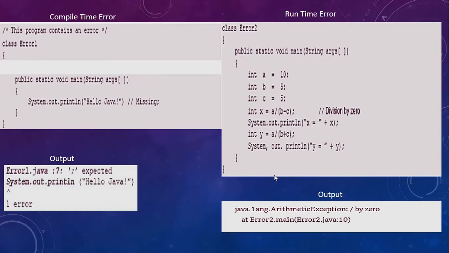So instead of abruptly stopping a program, for better management of these runtime errors, we have something called exception handling. The mechanism wherein, suppose an exception is found at this particular line, there will be some blocks that will handle this exception, and the program will not stop abruptly. After handling this exception, the program will continue from the next line, and it will execute all that is remaining to be executed in public static void main. So that is basically the exception handling that we are looking for.